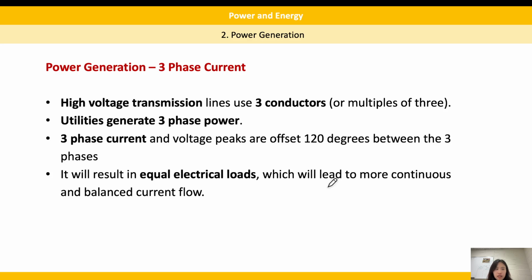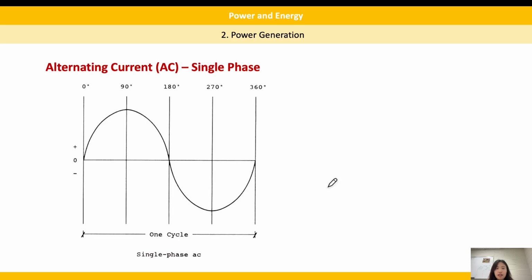Okay, that's the information or explanation for the 3-phase current. And then let's see what the 3-phase means. So first, let's see what a single phase is. Single phase means one cycle only has one phase, like this one, the original point at 0